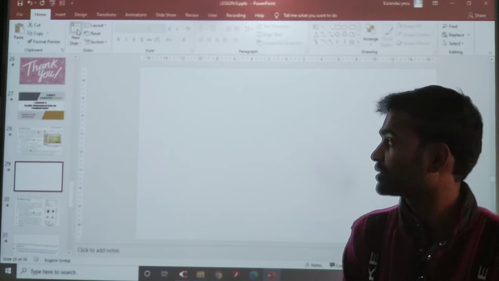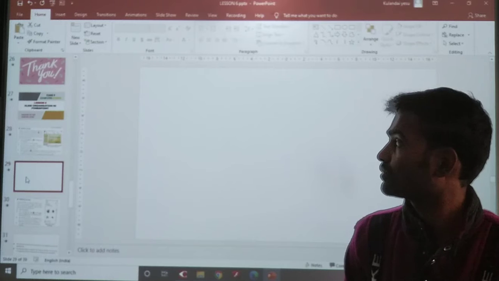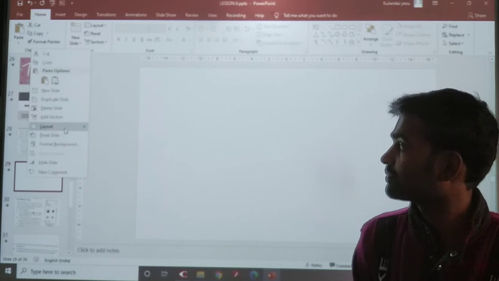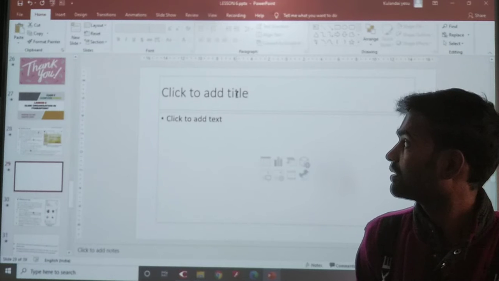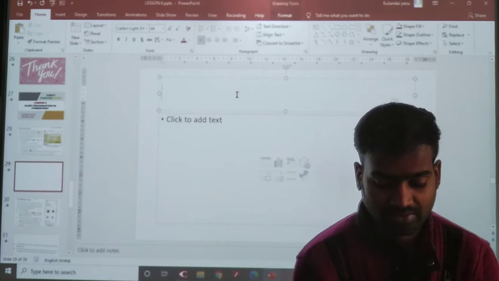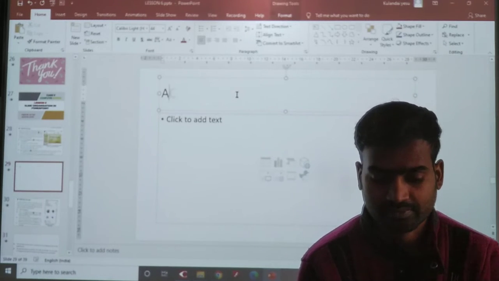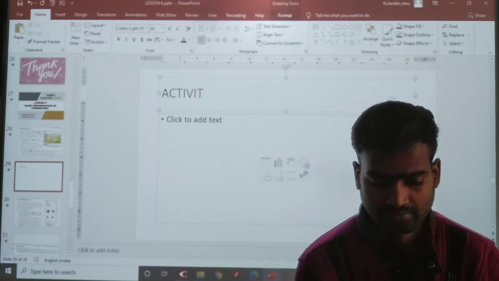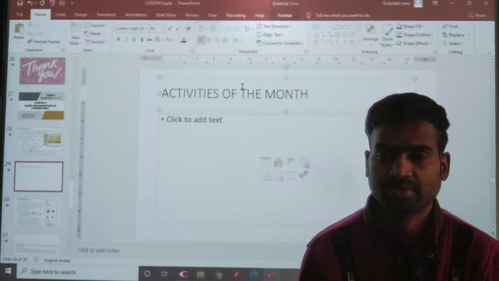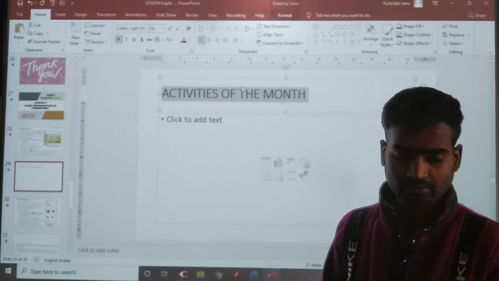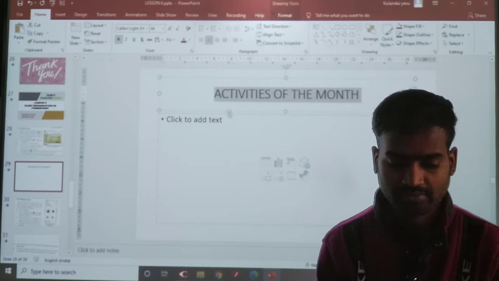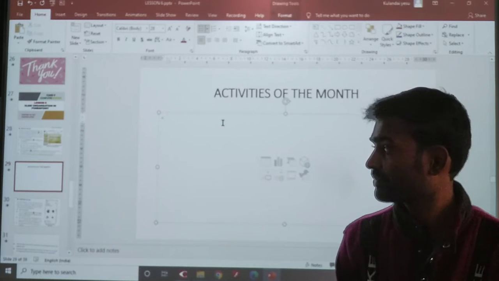Now, what are we going to do? Let me choose the layout. Now we have to type Activities of the month, right? We typed here, Activities of the month. And then what do we need to type?